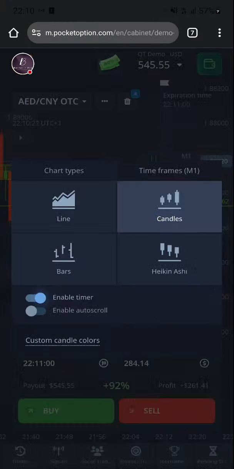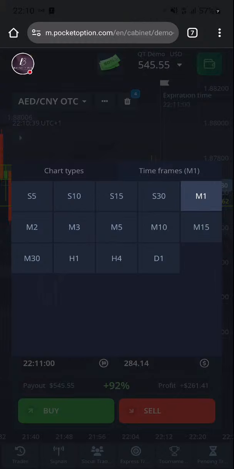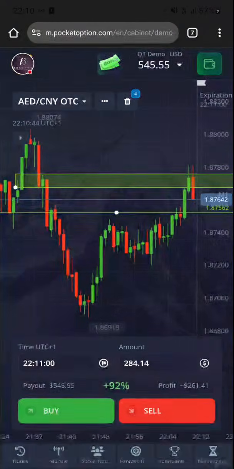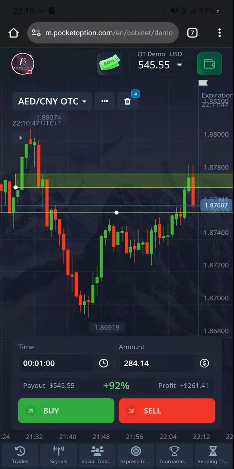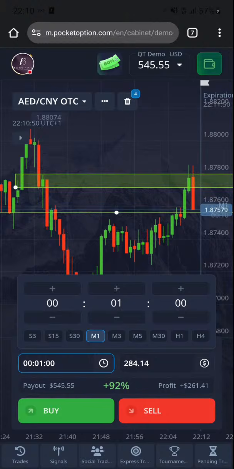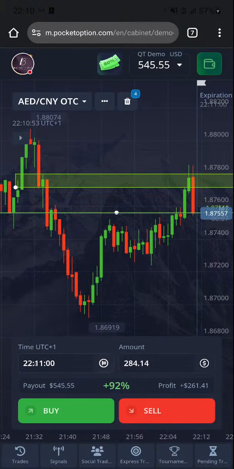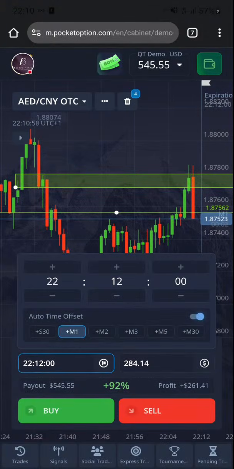Today's setup, the chart type is going to be candlesticks, and so we're going to enable the timer for the candlesticks, and we'll disable this auto scroll thing. You understand? Now over here we have time frame is going to be M1. Right now we're going with the M1 time frame, using the flag mode here. Then we'll make sure that this second hand is on